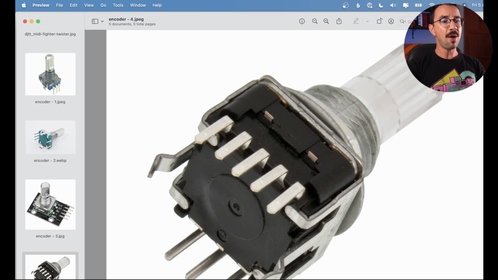Okay? So now, how does this encoder work? We know that a potentiometer is a variable resistor, and I already made a class here teaching you exactly how to code potentiometers, so take a look there. But the potentiometer is a variable resistor, something that can change its resistance depending on where you are.